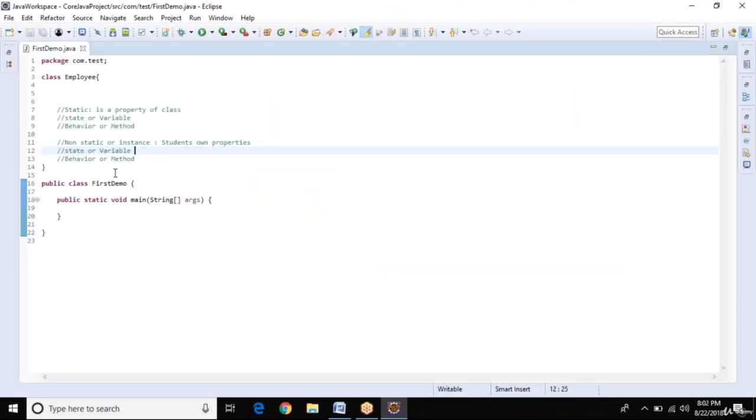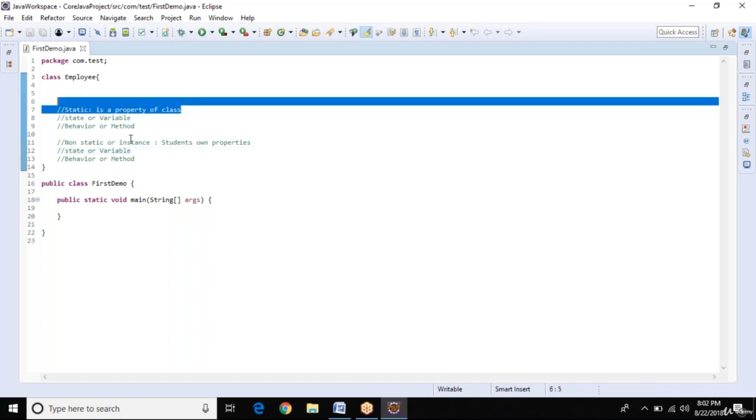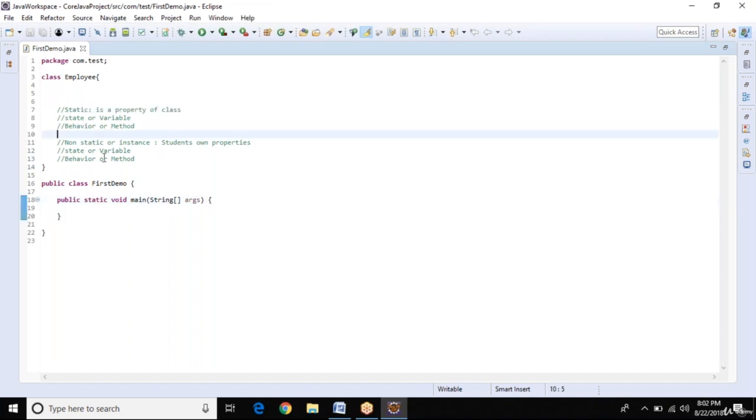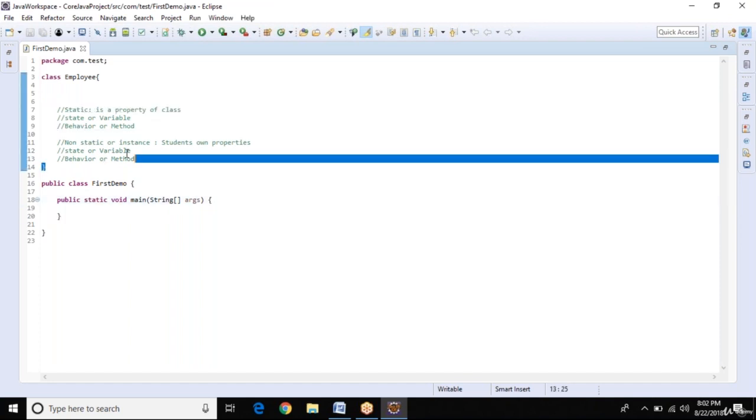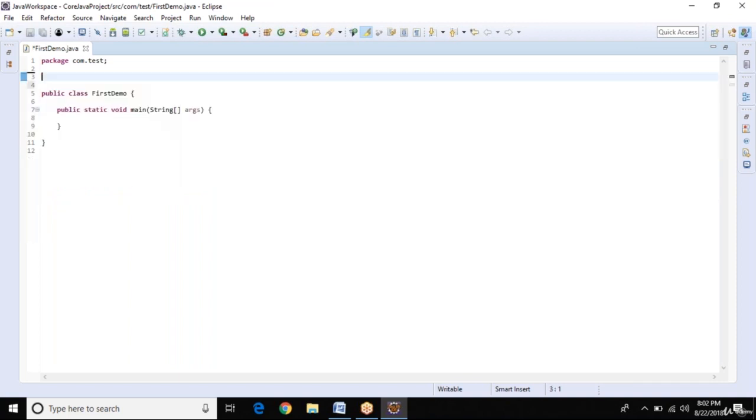So yesterday we discussed that static is a property of class and non-static or instance is a property of object. Now let's create one example. I'm going to delete this one.